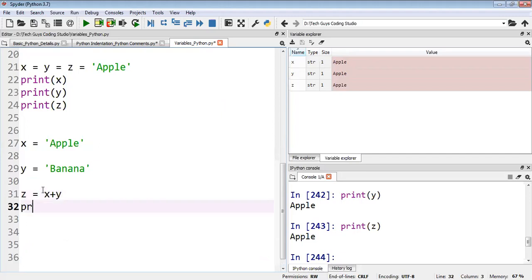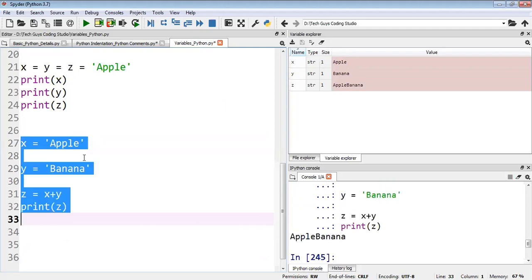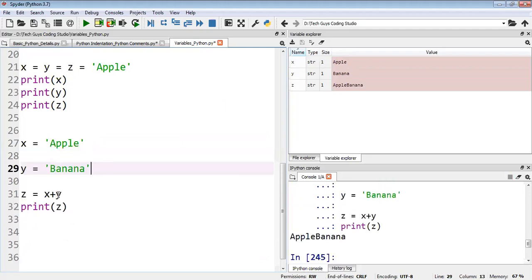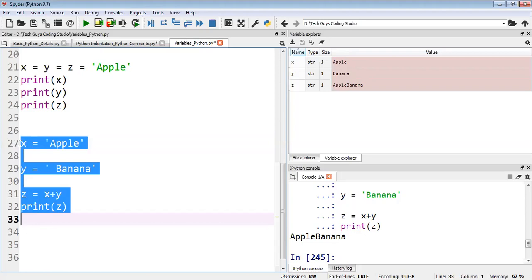So I can type it like this also, directly z. What I will do, I can select the entire code. I can print apple and banana. If you need a space, you should give a space here. So the space will come here. Okay, apple and banana with a space can be written.